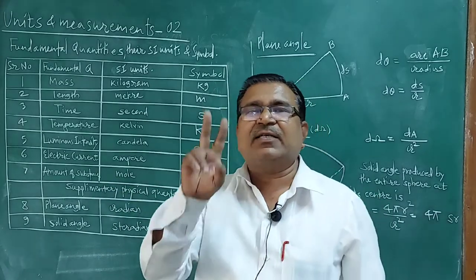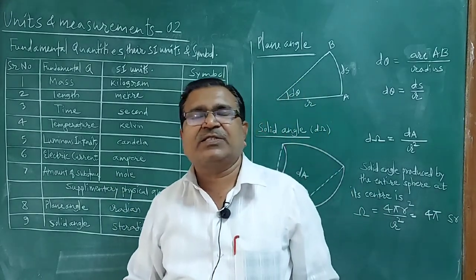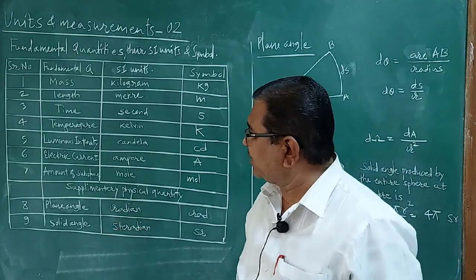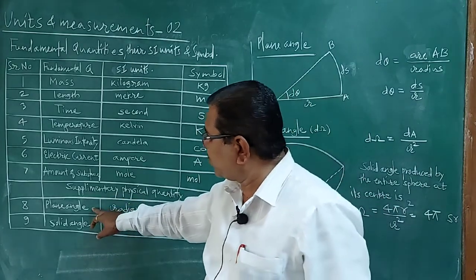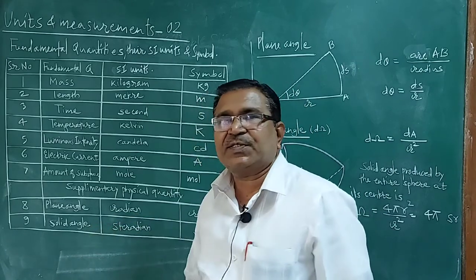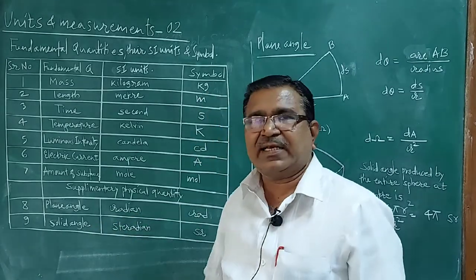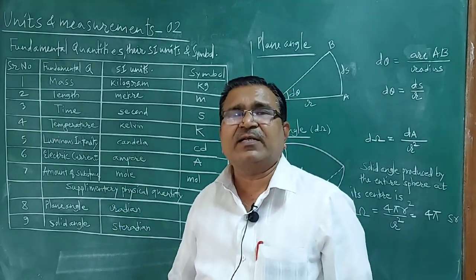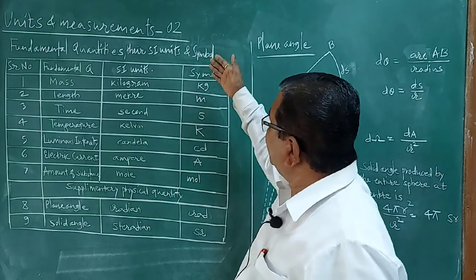And there are another two supplementary physical quantities. That is what? Plane angle and solid angle. What is the SI unit of plane angle? Radian. SI unit of solid angle, steradian. We will see how plane angle and solid angle are to be learned later on, but before that, see